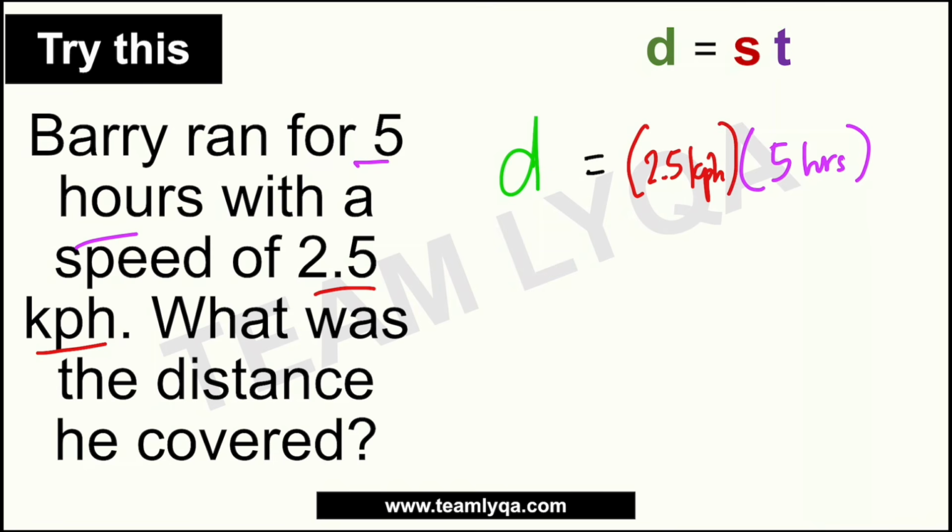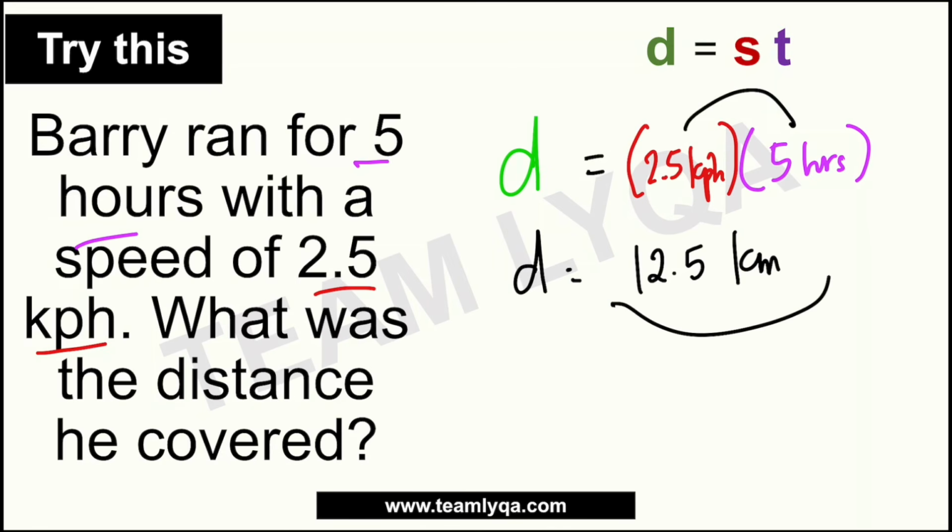kph. Okay? So i-multiply lang natin yan para makuha natin yung D. So D is equal to 2.5 times 5. Limang 2.5 is going to give us 12.5 kilometers. Okay? Now, dun sa usapang unit naman, dito, anong nangyayari kung bakit naging yung kph ay naging kilometers, tapos